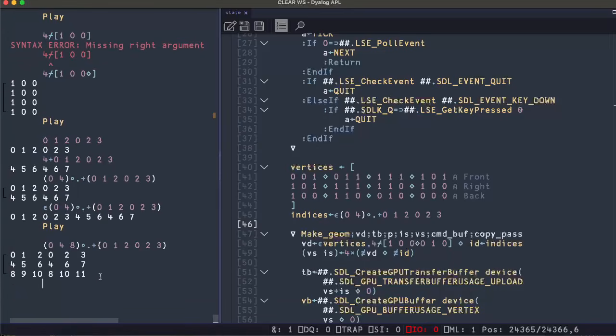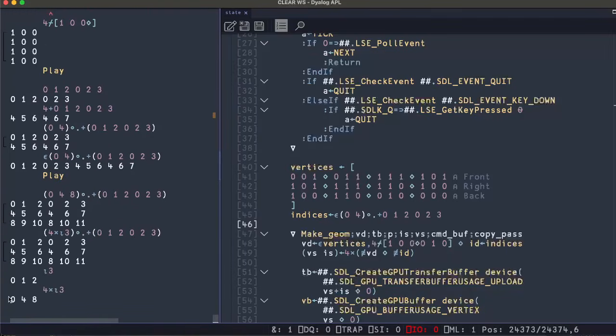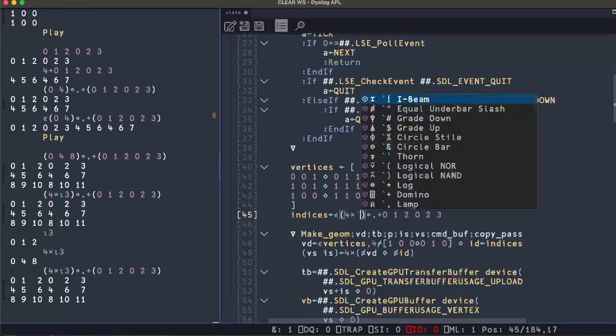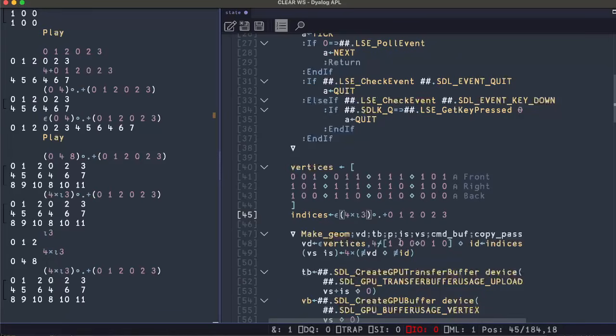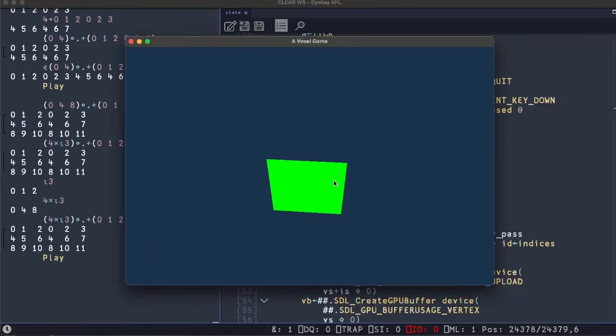And we got our vertices. Instead of manually putting in each number, we can just do 3 times iota 3 times 4, 0, 4, 8, and we can add that, and that gives us our vertices. So we can add that in. And for the color, I'm going to go ahead and do blue, and if I hit play, we should get the